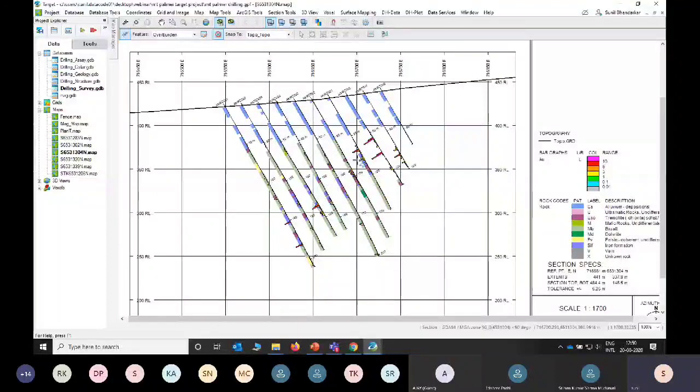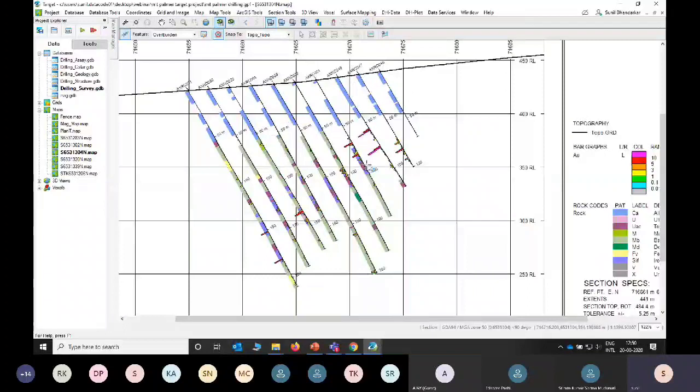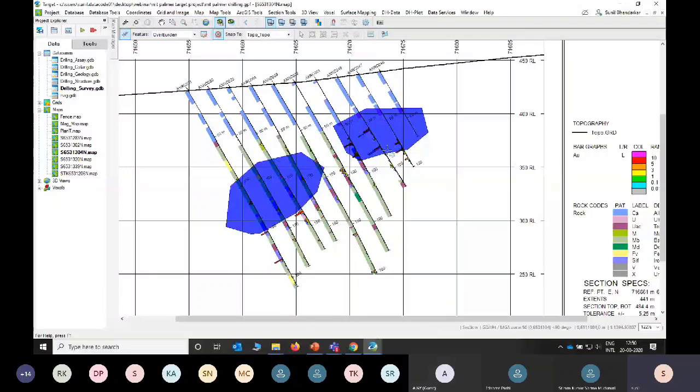So accordingly, you can just draw manganese bodies within that phyllite. Likewise here you can draw. So likewise, you can create your own model with respect to that particular body.